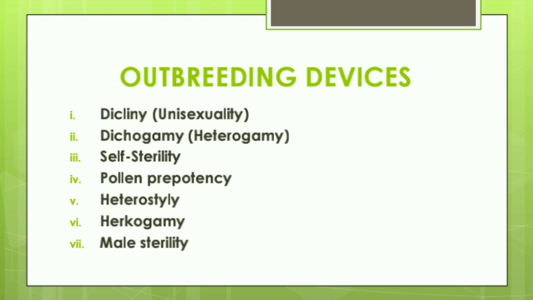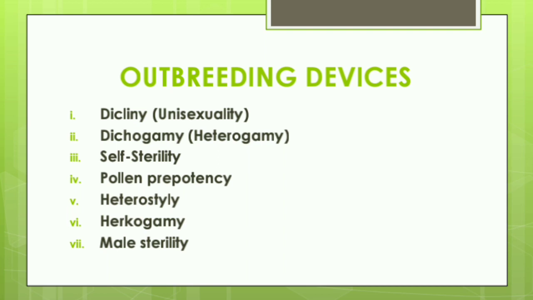Now, what happens when an insect visits a flower? It gets dusted with the pollen grain on a particular area of its body depending on the height of the anther. Now, this insect will pollinate only that flower in which the stigma lies at that level of the anther of the first flower. Now, this process involves pollens and stigma from two or more flowers having similar height. So, basically, this can also be regarded as an outbreeding device.